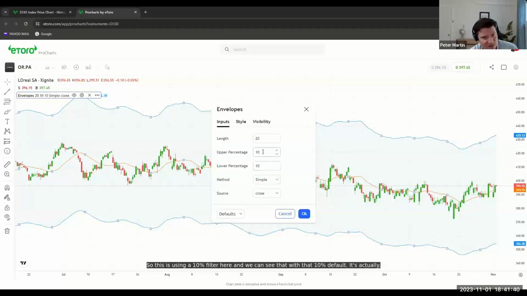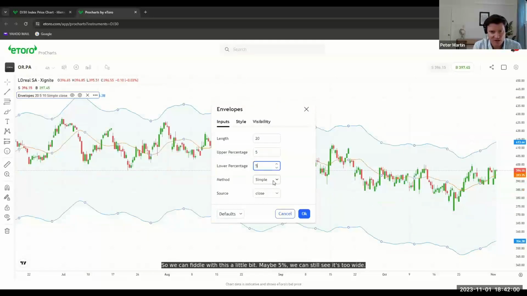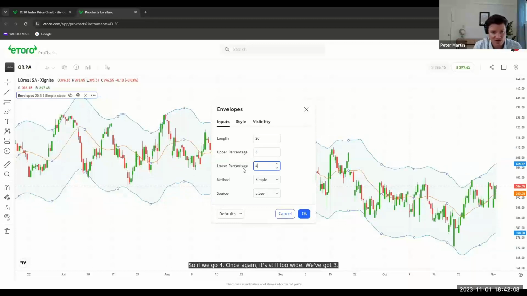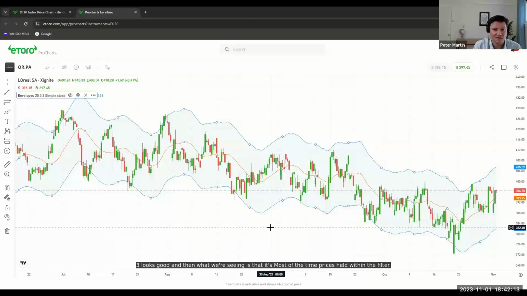So this is using a 10% filter here, and we can see that with that 10% default filter, it's actually far too wide for what we're looking at. It's over describing. It doesn't match the tendency of where price goes. It's too far. So we can fiddle with this a little bit, maybe 5%. We can still see it's too wide. So if we go 4, once again, it's still too wide. If we put 3, that looks good. What we're seeing is that most of the time price is held within the filter,